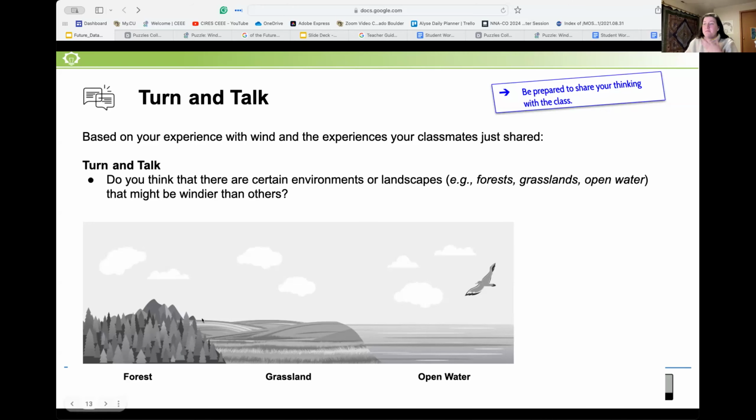Where were they? So I mentioned mountains, but you might start to see patterns in the data, like near open water on the shore. That's often a thing that people bring up. Maybe people aren't talking about the forest. So maybe we can see that there's starting to be some commonality to where students are identifying as being really windy places, and starting to transition into the next portion of this.